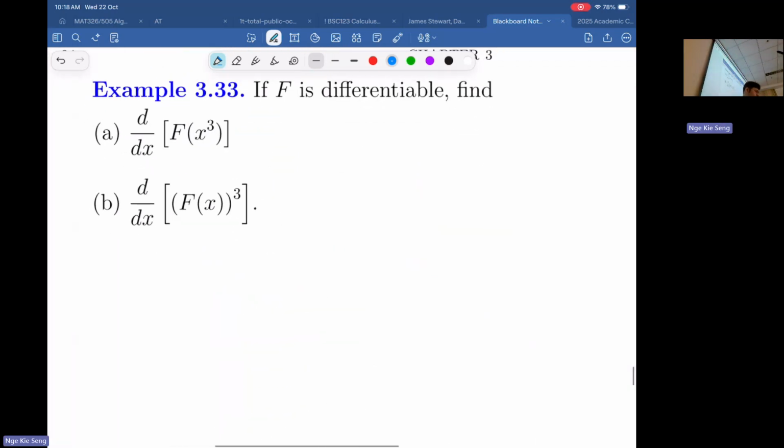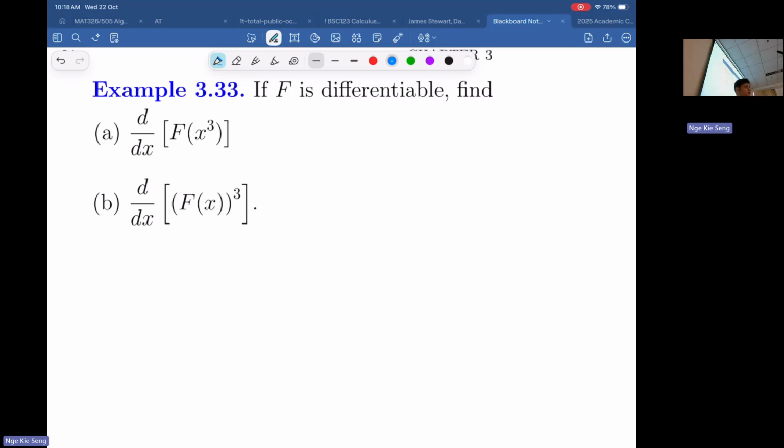Is anyone familiar with this kind of function? If I don't give you an actual function, do you get lost? How to differentiate? If the question is of this kind, do you know what to do? Do you get lost if you cannot see cos, tangent, polynomial? Not sure, don't know how to do. Okay, so what should you understand about this question here?